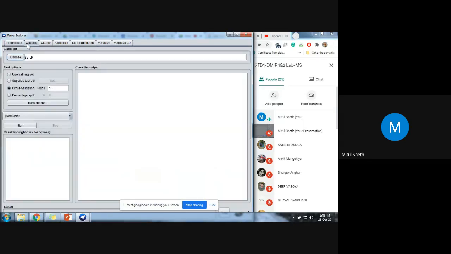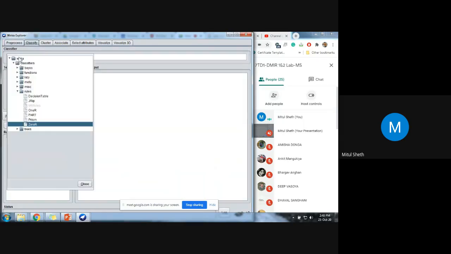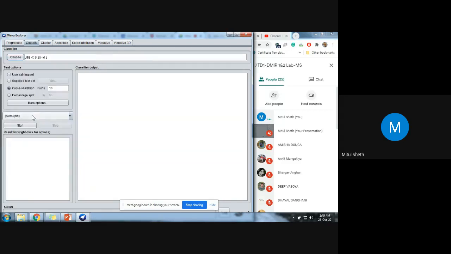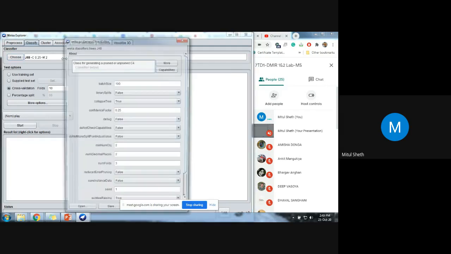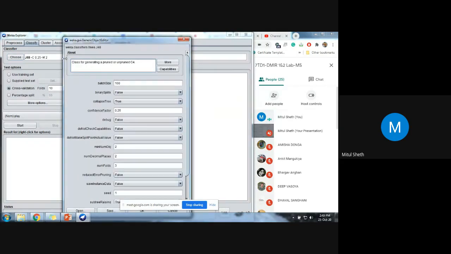Now click on the classify tab. In the classify tab we have different types of classifiers. But here we are implementing the tree based classifier, so click on trees, and the next is the J48 algorithm. So in the J48 you can find the different types of options. Batch size means how many instances you want to consider. I want to consider 100%. The confidence factor means